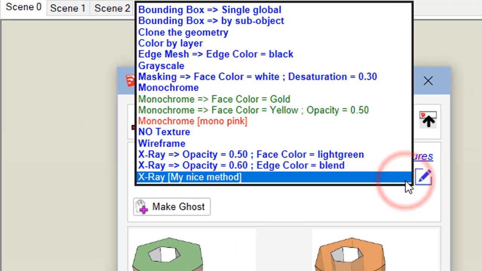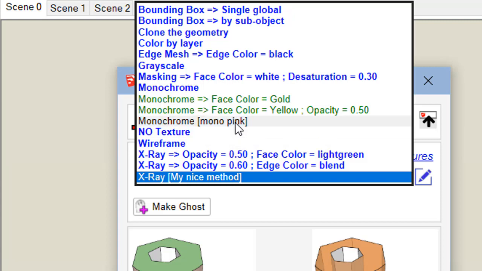In the combo box, the built-in methods are in blue. The methods used in the model or defined in the model are in green, and the methods persisted across SketchUp are in red.